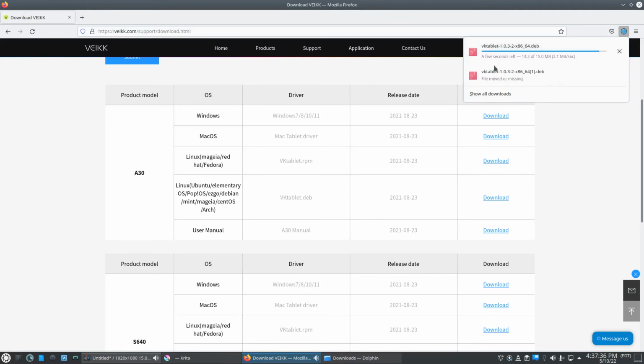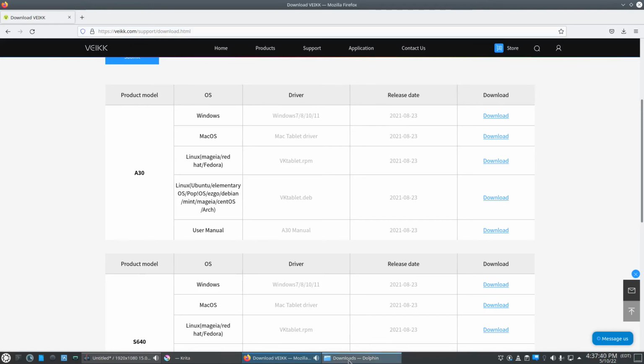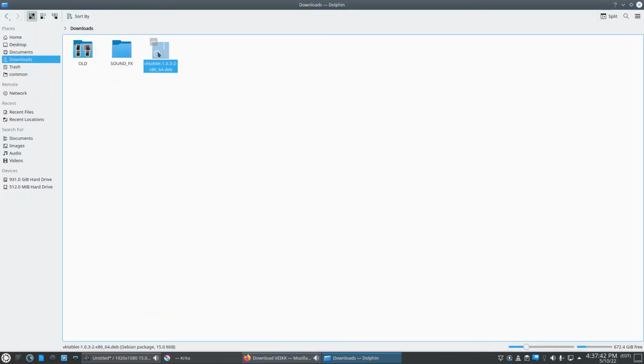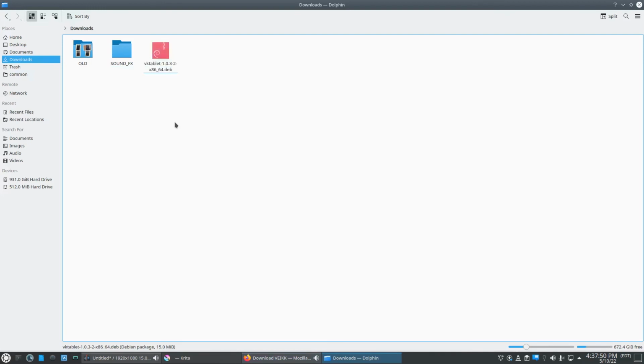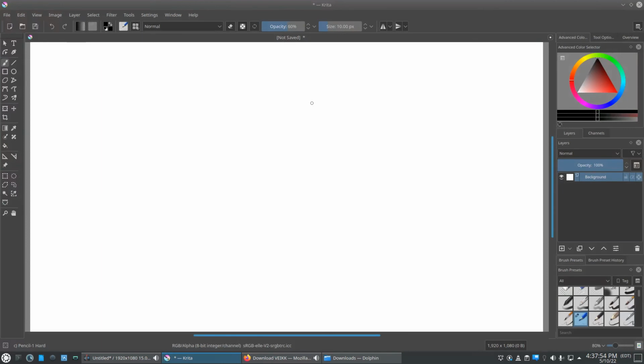Wait for the download to finish, and yep, it's completed. We're going to go to our downloads folder, right click on that, open with QApt package installer, and it will install for you. I'm not going to do it because I already have it installed, so I don't want to break anything. So that will take care of the driver installation, but the step most people won't tell you is